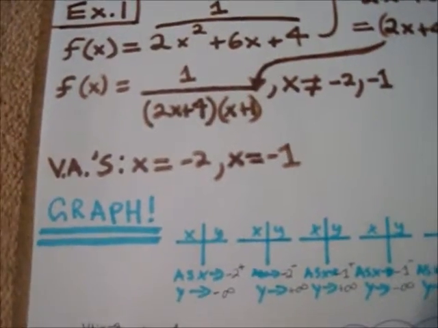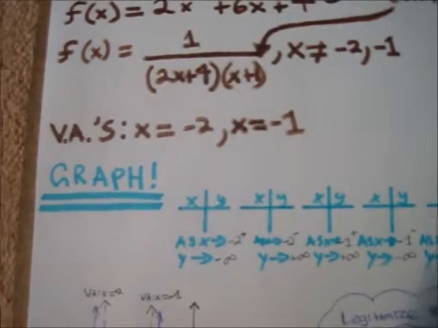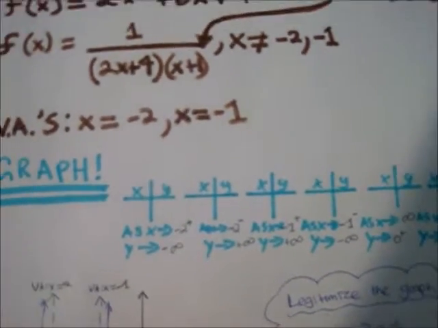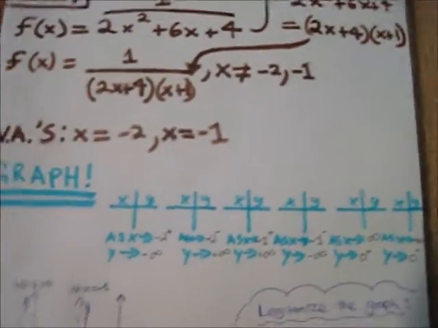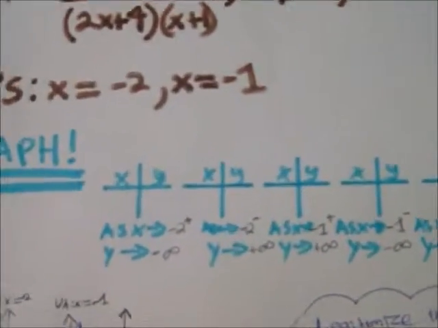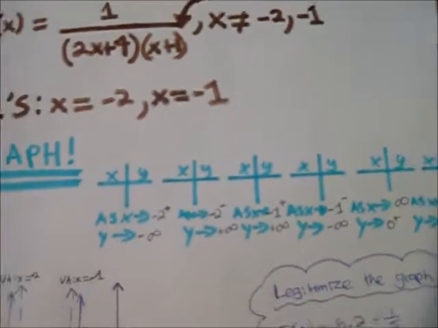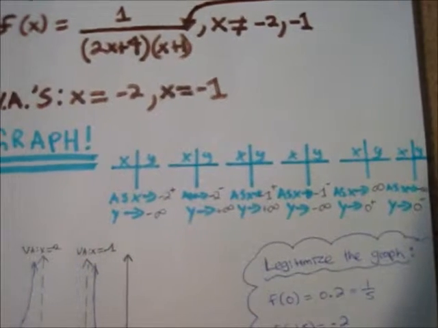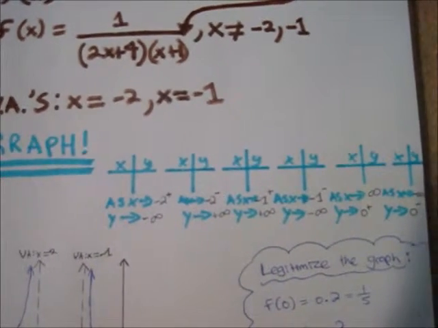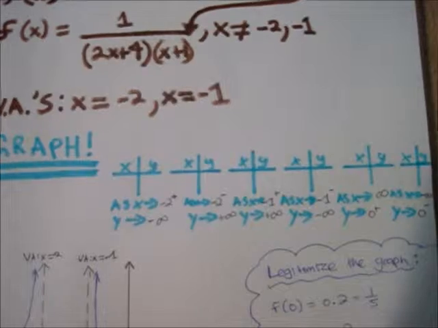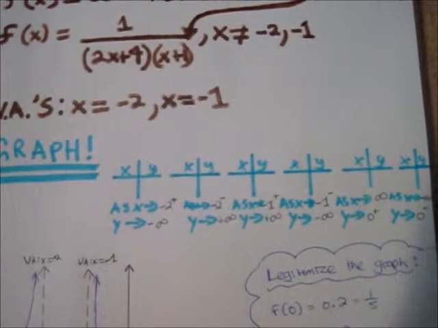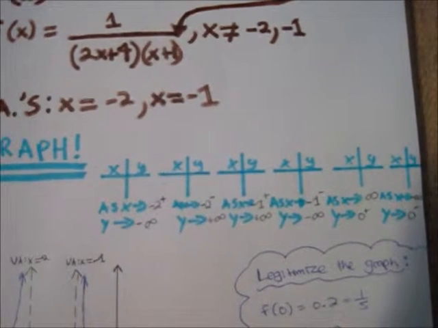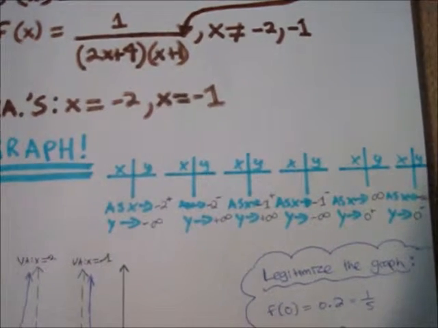Okay, moving on. You must be wondering, how do you graph this? Well, in section 3.1, you made 4 charts, right? You would only make these 4 charts. But now, in section 3.2, you have to make 6 charts. The reason is that in section 3.1, you'd only have to make 4 charts. 2 of them would be for when x approaches positive or negative infinity. And the other 2 would be for when x approaches your vertical asymptote from the negative or from the positive